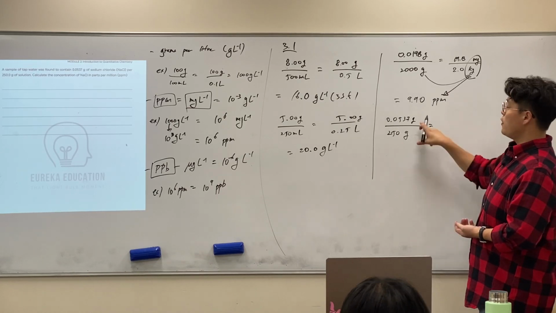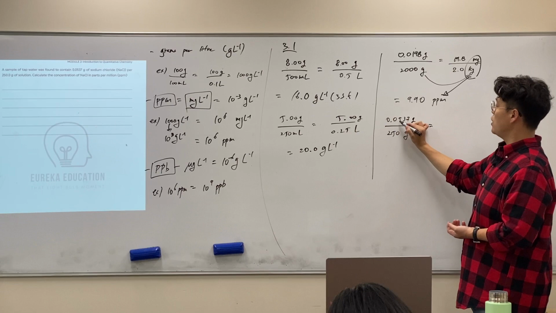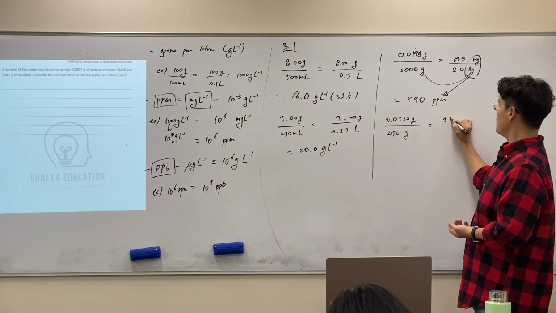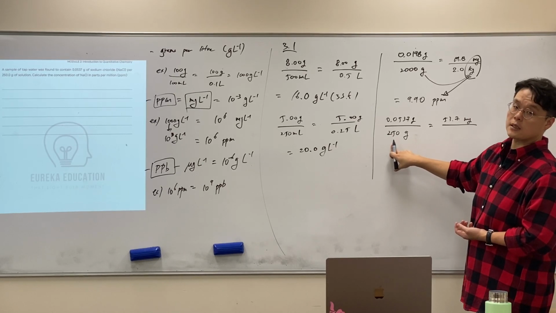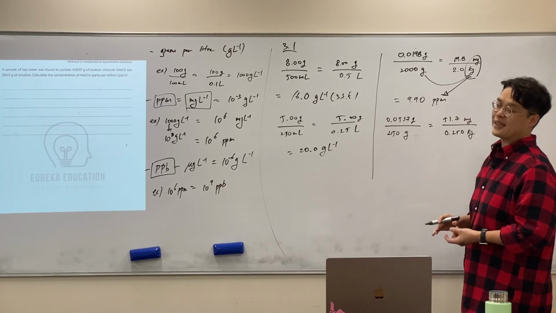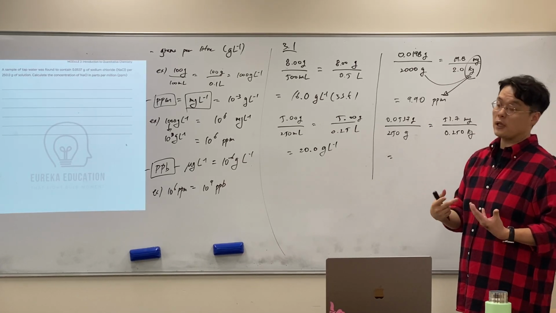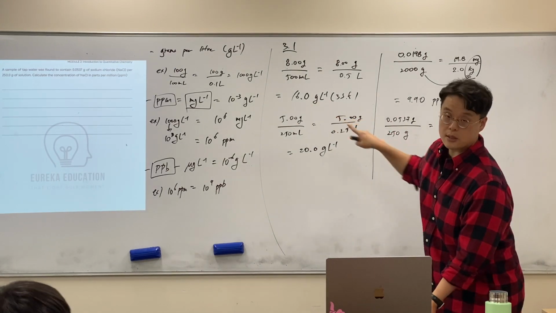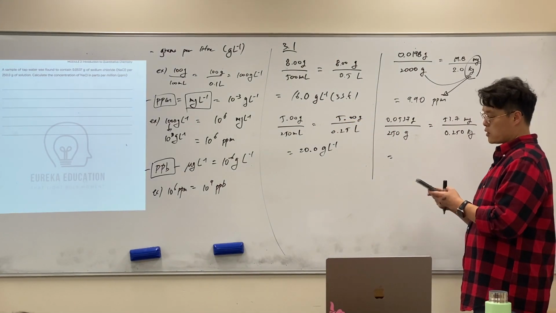Okay, first convert the grams on the top into milligrams. So how do we do that? Times 1,000. So we have 53.7 milligrams on the top, divided by 250 grams in kg, that would be 0.250 kg, or liter. Again, 1 kg of water is the same as 1 liter, so we can mix use liter and kg over here. So 53.7 divided by 0.25, just make it times 4,